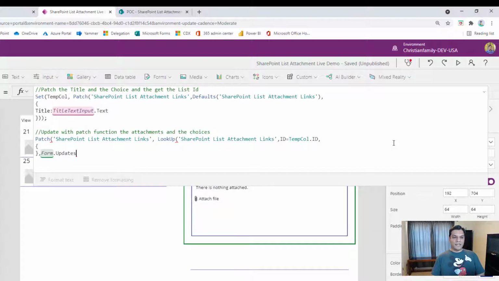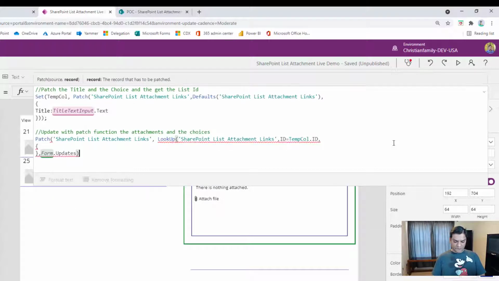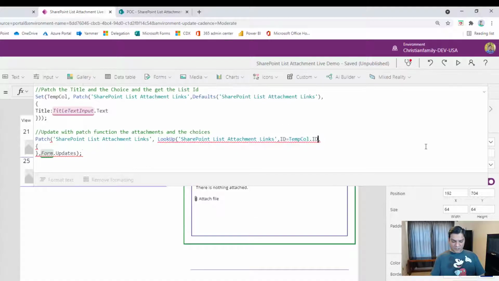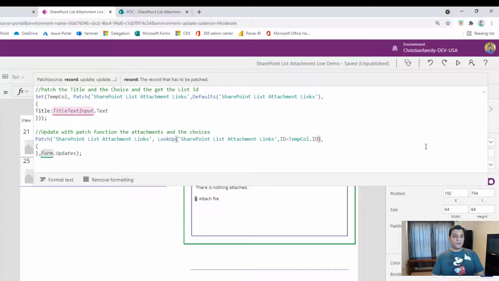And then after that, I can go ahead and close it, semicolon. Getting an error, because I missed adding a close bracket over here. And this is very important, so let's actually focus on this for a few seconds. What's happened is we're patching it, but we're not really patching any item inside the SharePoint list. What we are taking is information from the form updates. So just to repeat that, yes, we are still patching it, but we haven't added anything inside that curly bracket